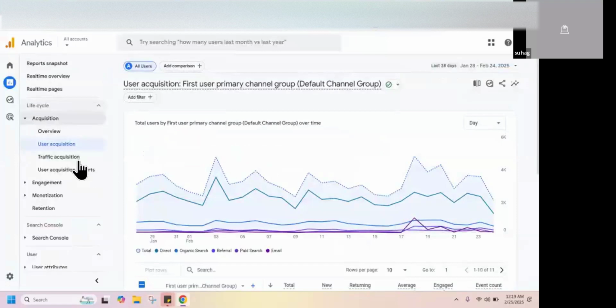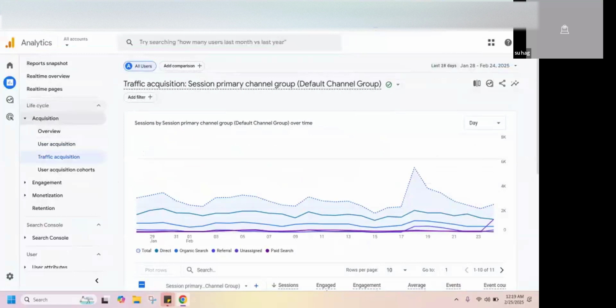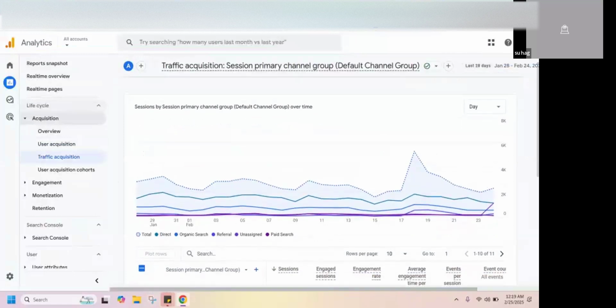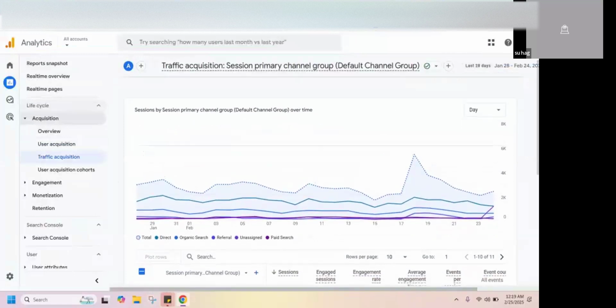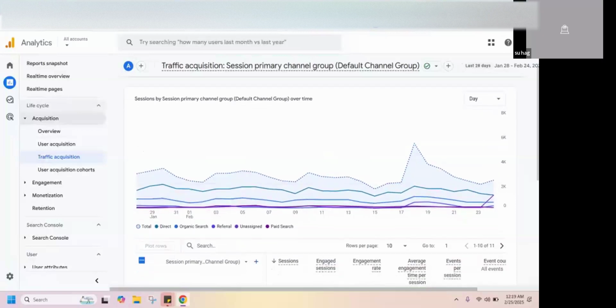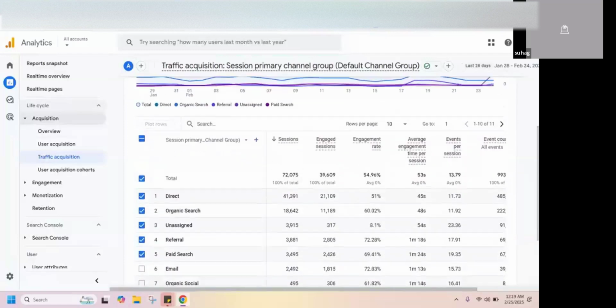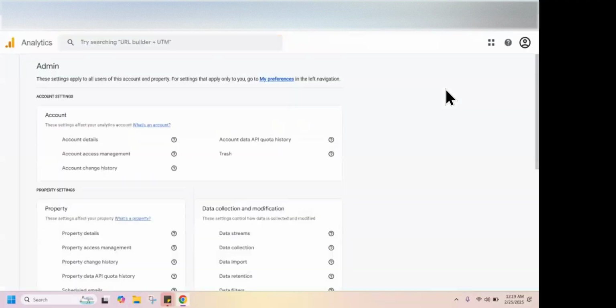Click on traffic acquisition. Are you in the demo account or your account? It's the demo. Okay, so here the customization feature is not available. Go to mine. Let's see if we can see it here.